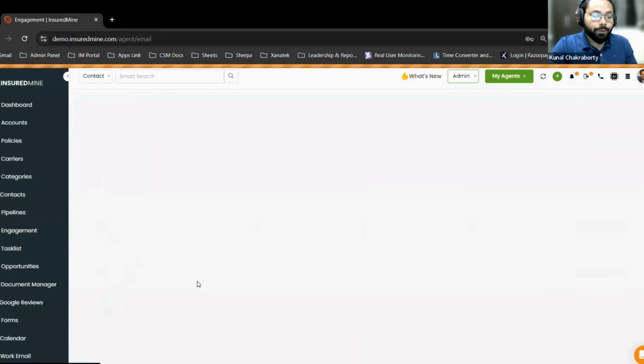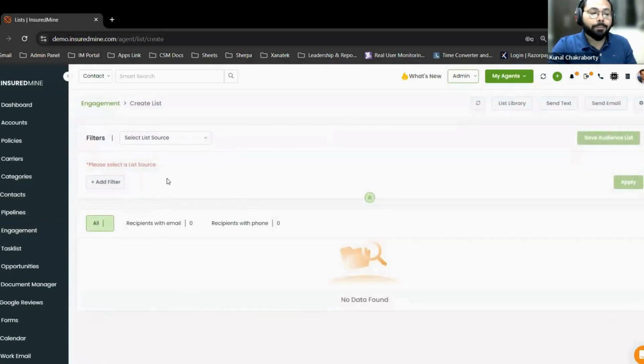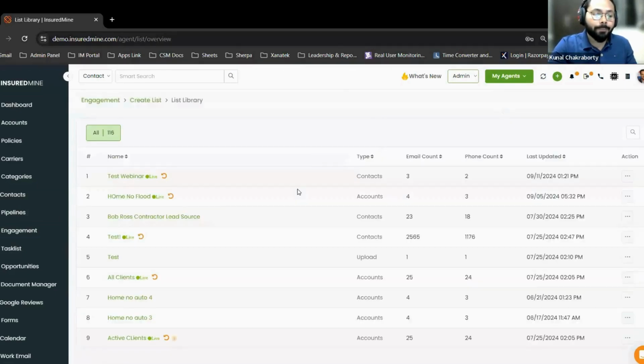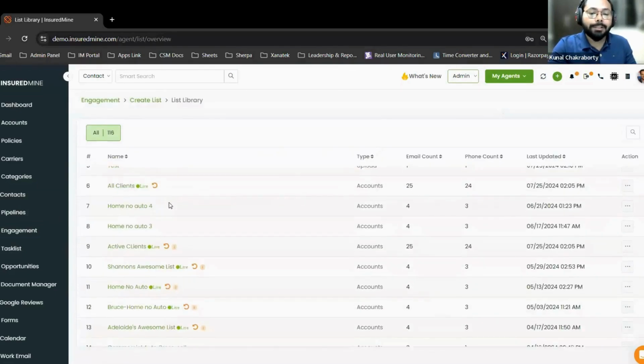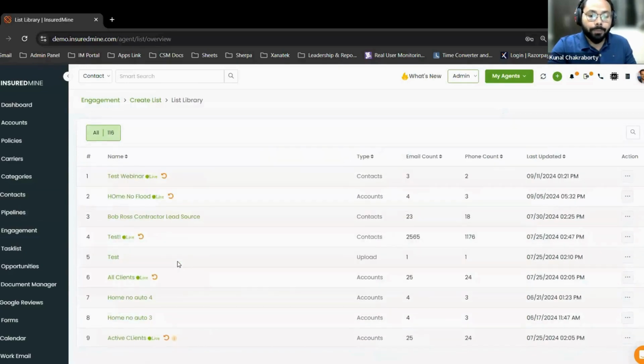So we simply go into lists. We can create multiple lists, and I'm sure you're aware of how to create a list over here, right? So once we create multiple lists, we can then go back to our list library where we would find all the lists that we have created in the platform. Now over here, you can also assign the single contact drip to a list that we have created. You can see at this moment, we have also created test webinar, right? It has 3 contacts. So I can simply come to the 3 dots over here on the right hand side,